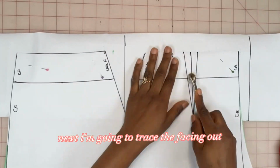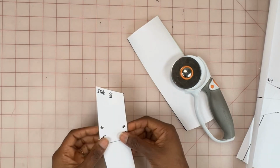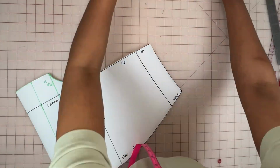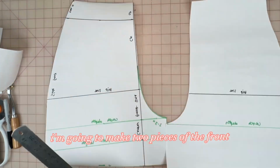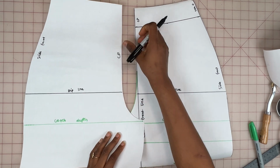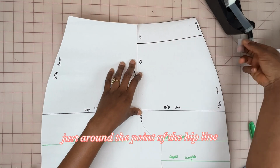Next, I'm going to trace the facing out, like so. Now, because the front does have an asymmetric detail, I'm going to make 2 pieces of the front. So I'm just going to trace another part. Next, I'm going to tape it together and fold on the CF line just to around the point of the hip line,